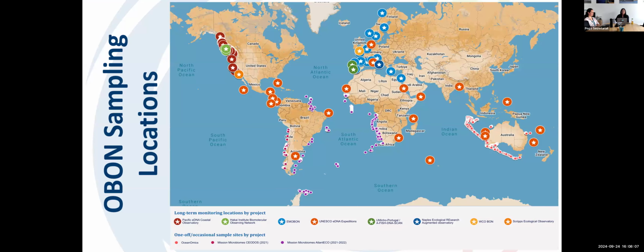We've started gathering information about the sampling locations that OBON and OBON projects cover. So we're starting to get quite a good global coverage, although we do have mostly coastal sampling stations. In each of the calls for new project proposals, we do highlight that we are very much open to endorsing